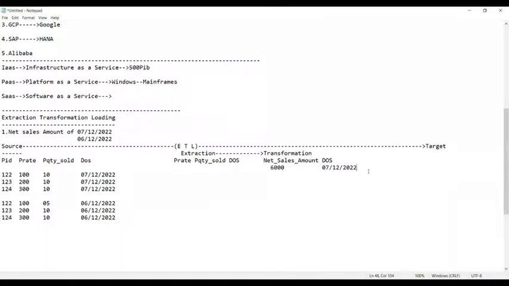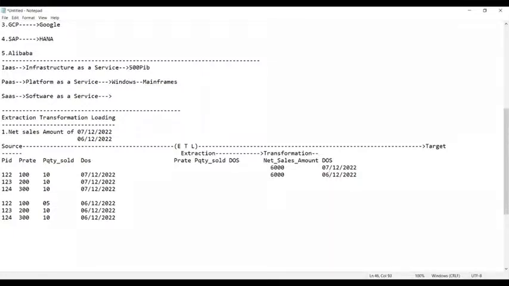And what about the next one? Yes, tell me, what is the next day you have? The previous day is the 6th day. Can you see here? We have the 6th day, also the same. So now can you see here? Out of these 6 lines of data, how many lines of data have you extracted here? Guys, 2 lines of data, where this is the actual process of transformation.